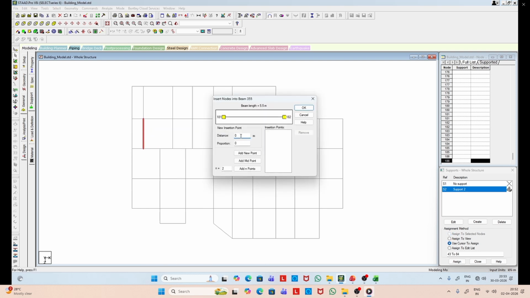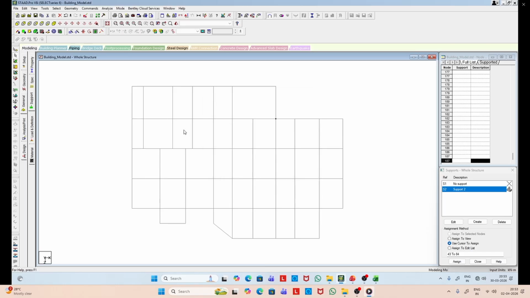So this time, instead of copying, we again divide this line also, which will create a node there, and then we can connect these two nodes and create a line.